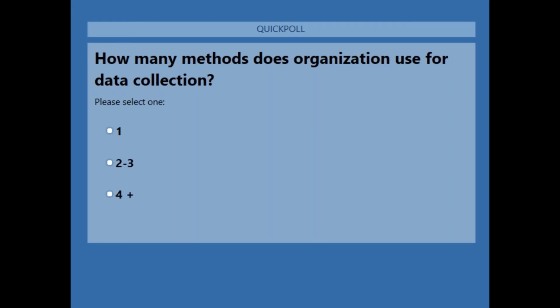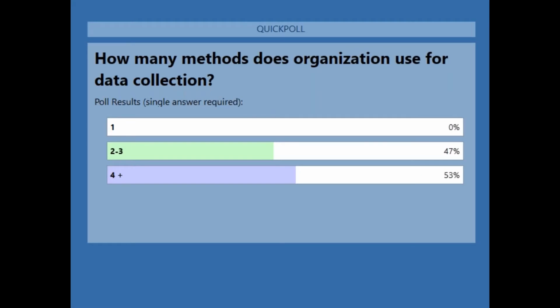All right, I'd be interested to see how this pans out. I've got my own assumptions. Let's see. Yeah, that's what I would have expected. The majority, or actually almost a near split, are either using 2 to 3 methods for data collection, or four plus is actually the winner here. That's what we find in healthcare, that there is no single source of truth. It really takes a village almost. We're pulling data in from everywhere in hopes that we're always going to have the most accurate data. So you take what you can. That's kind of what we expected to see.